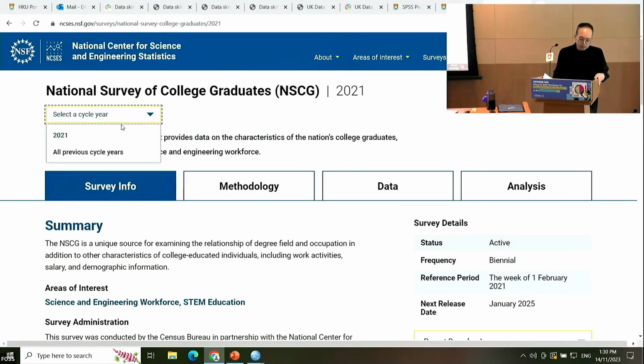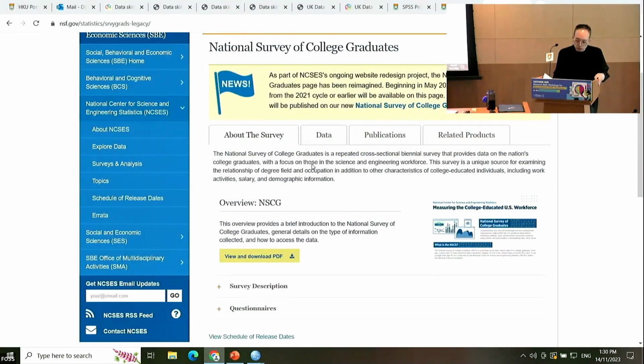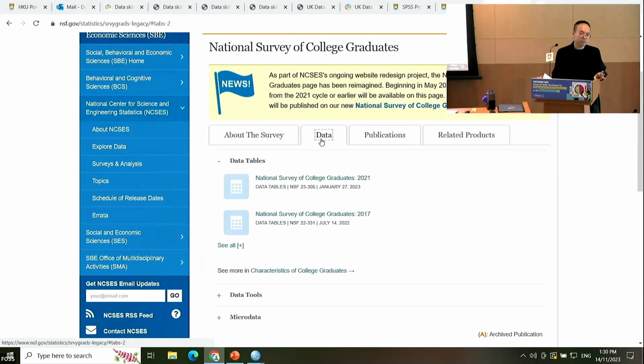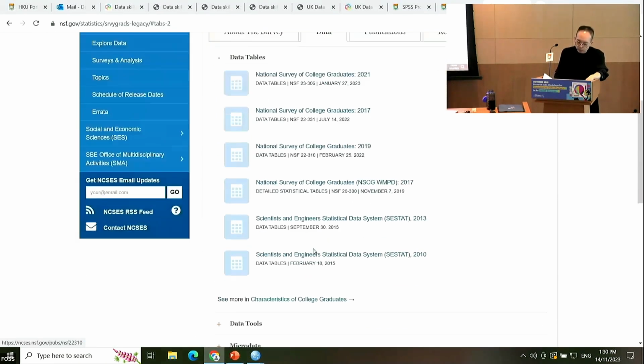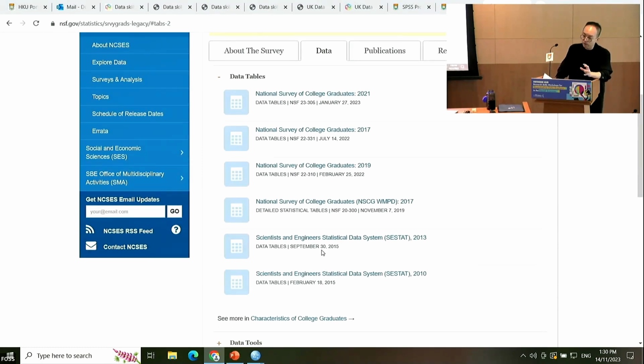Look at this. This is a cycle year. If you're looking at all cycle years, this is the data. This is very similar to what we are looking at with the UK data surveys too. This is what you will be able to see, okay? This is also to demonstrate the waves of data, the idea of longitudinal data. This is the National Survey of College Graduates 2021, which was made available, like I said, January 2023, and then